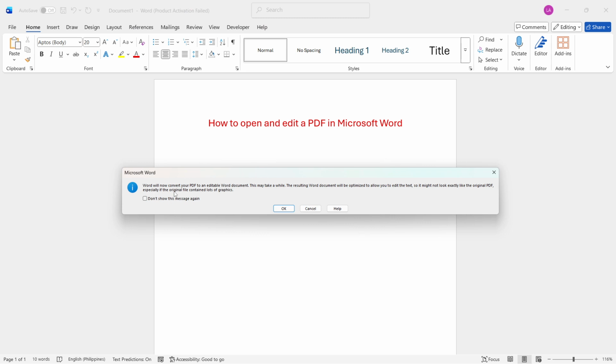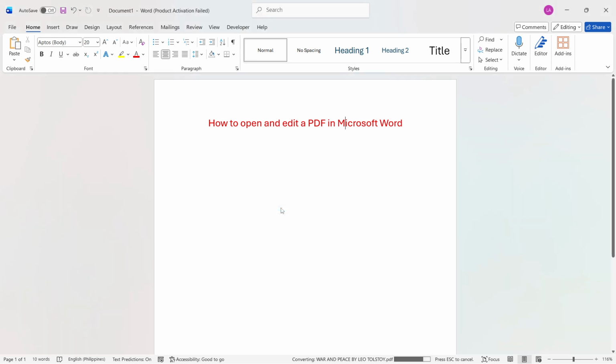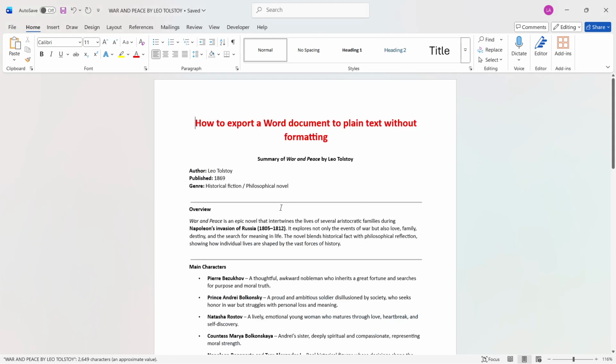Once you've selected the PDF file, Word will automatically display a message that reads something like, "Word will now convert your PDF to an editable Word document. This may take a while. The resulting document will be optimized to allow you to edit the text, so it might not look exactly like the original file." This basically means Word is preparing to transform your static PDF into a document that you can